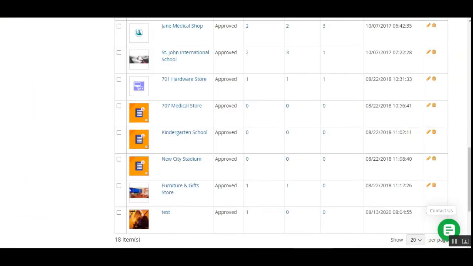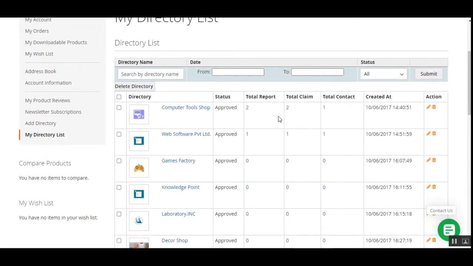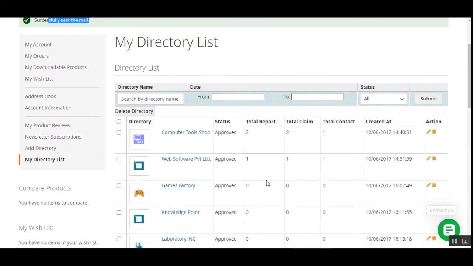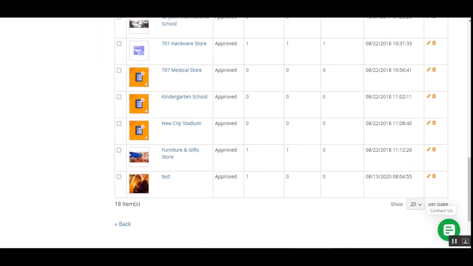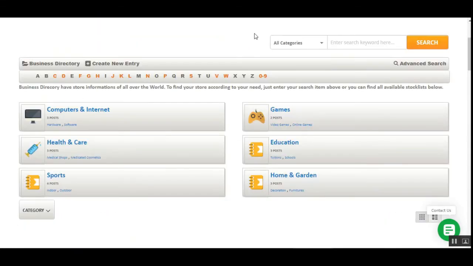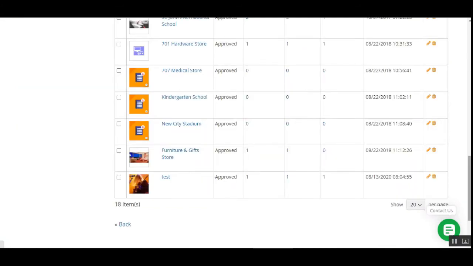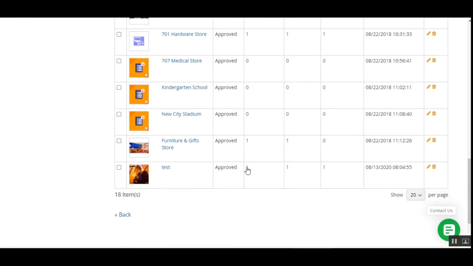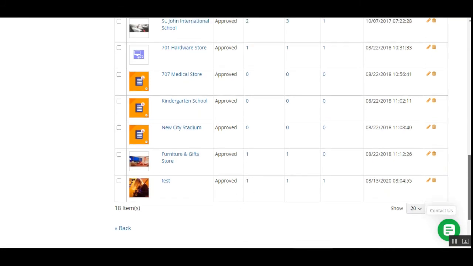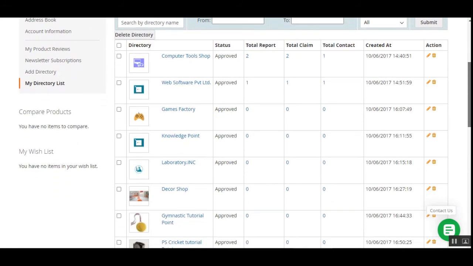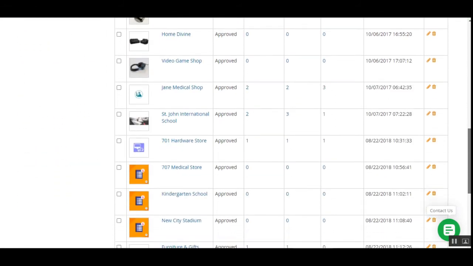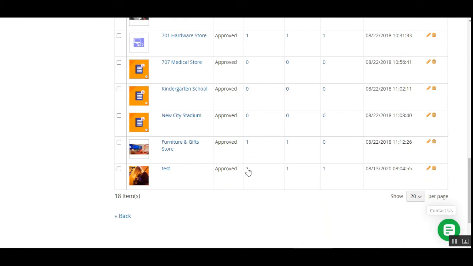And now let me take you to the user account, and here you can see that we had created this listing, and under the total report we can see the report is 1. Let me refresh the page once, and let's scroll down. So you can see that for this particular listing we have one report, one claim and one contact. Now the user can view them by opening up, so I'll just open them up in 3 different windows, and